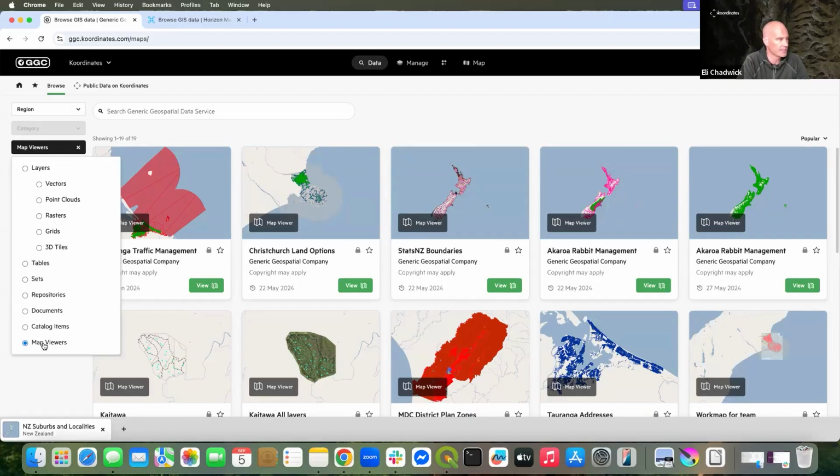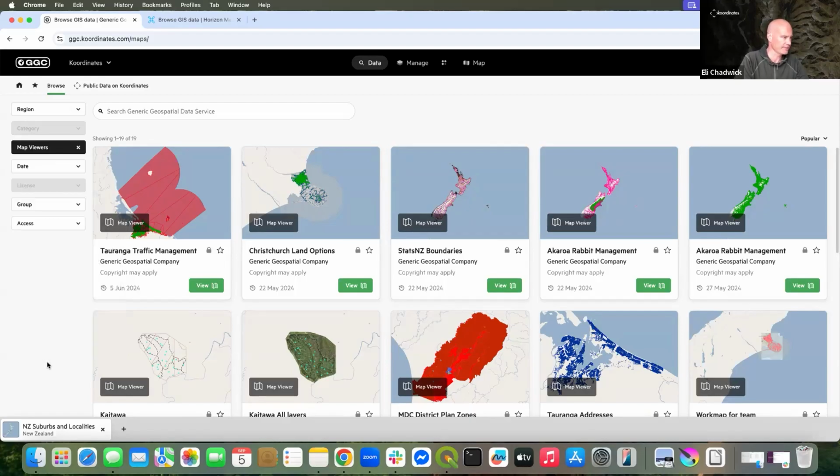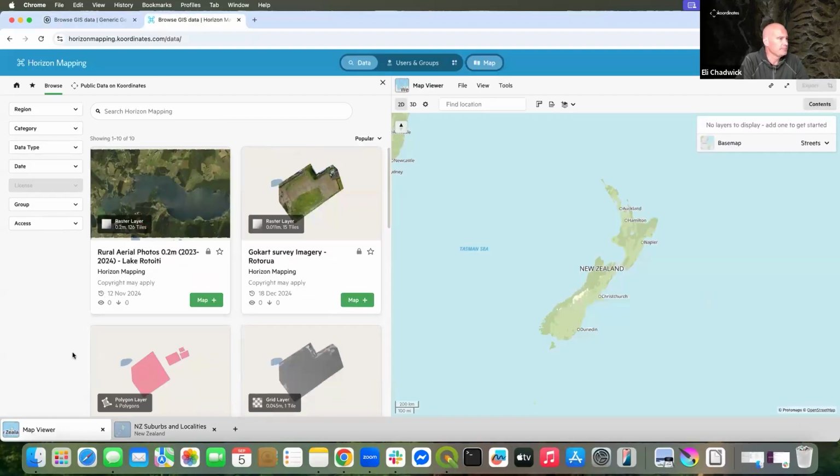They can interact with it in the fashions that I showed earlier, or they can do the export, or they can set up an API connection to it. But I'll cover that off a little bit later. So now we can leave this site and head on over to Horizon. This is, again, a demo site, but the idea being just to show you some of the capabilities that are